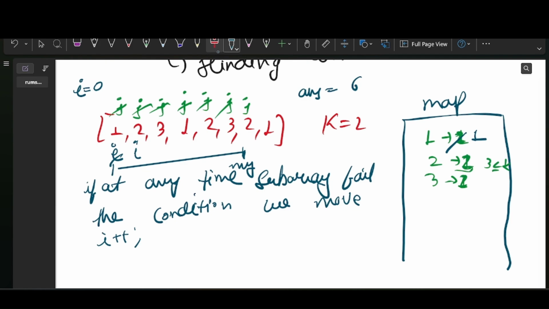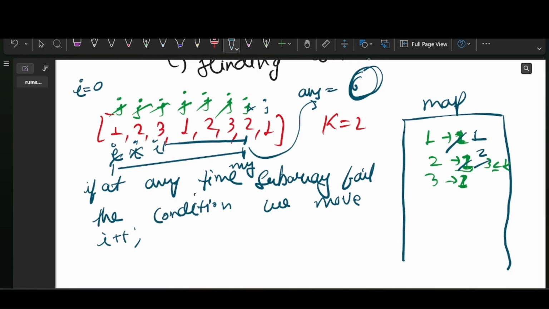No, so I move forward again, so the frequency of 2 is 2. So i plus plus, and I check the frequency of elements, they follow the condition, yes. So the current window is this, and I take the maximum length. The length of the current window is 1, 2, 3, 4 and 5, but I already have a maximum length. So we do not update the answer variable, I do nothing, I increment j plus plus,